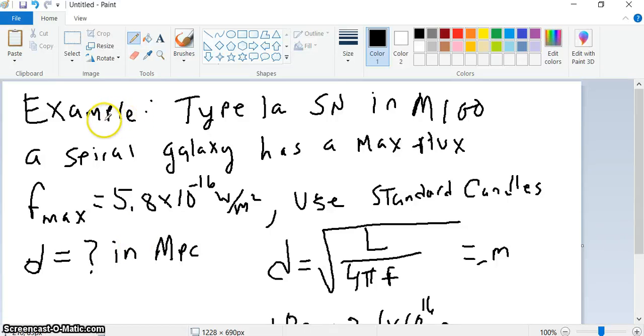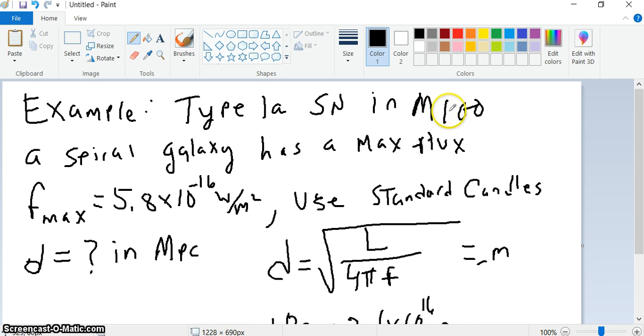Here's our example for project 4 using the standard candle method. All right, so this is an example. I used a similar galaxy to the actual project 4. Anyhow, let's just say that there's a type 1 supernova. By the way, these are actually called type 1A supernova. So let's say that there's a type 1A supernova